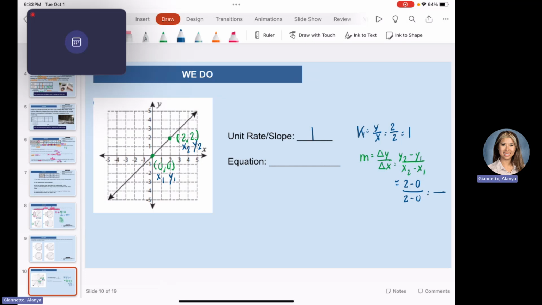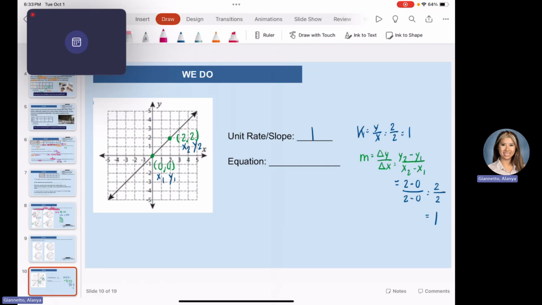So we're going to subtract. 2 minus 0 is 2. 2 minus 0 is 2. 2 divided by 2 is 1. That's also how we get the unit rate or slope, which is why I said that constant of proportionality is the same thing as slope. The last way to do this is to do it the change in y over the